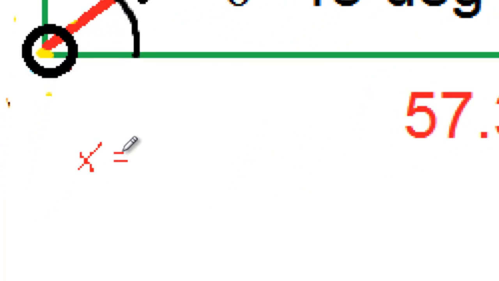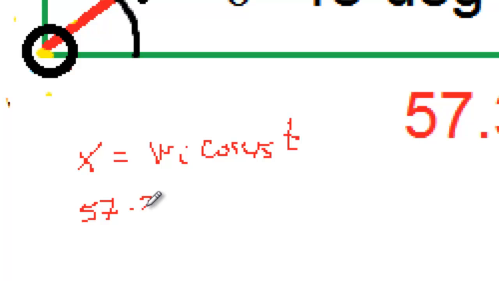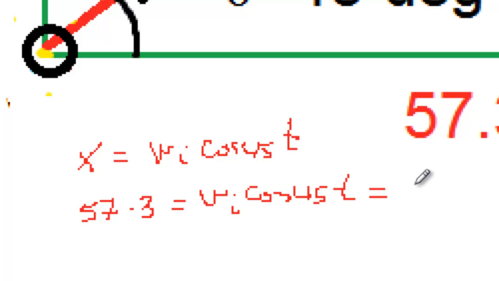X equals v initial cosine 45 times t, and we know x, the range, is 57.3 meters, equal to v initial cosine 45 times time. And we know that cosine 45 equals sine 45, so in essence this also equals